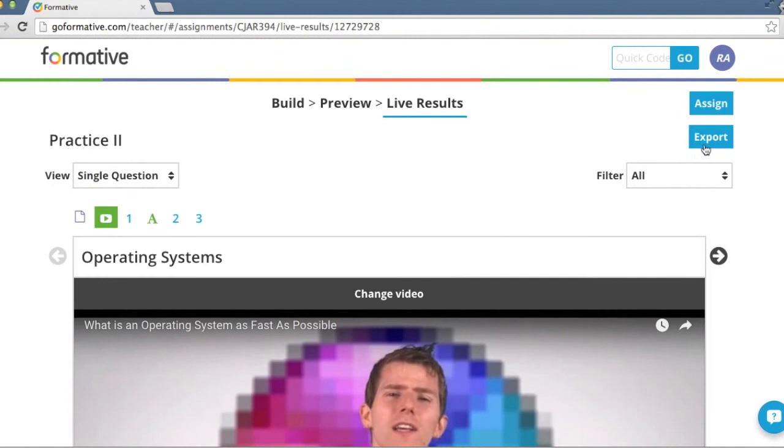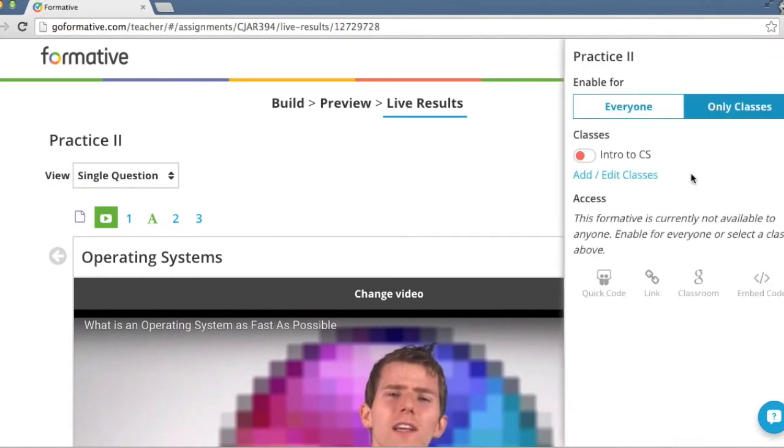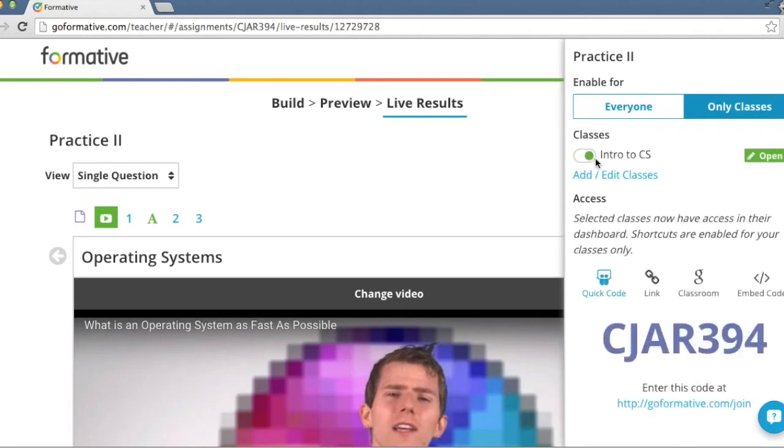But before I could do that, I would need to assign this just like I did before. So I could assign it to everyone, or I could do it just to a specific class. And here is the code that they need in order to get into this practice. Here, I just showed you 2 different ways that you could use GoFormative.com as an assessment tool. I showed you how to see your live results, how to give feedback to your students, how to grade it for your students. I also showed you the student side of